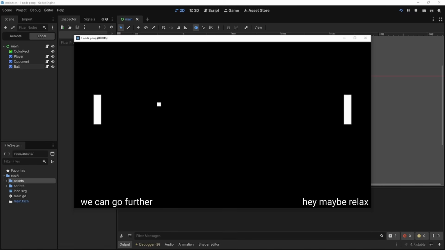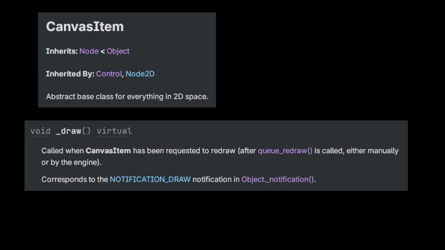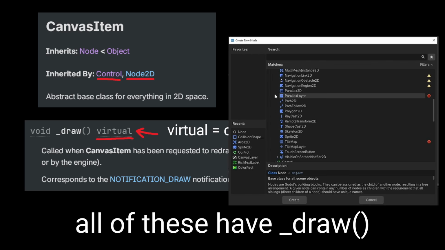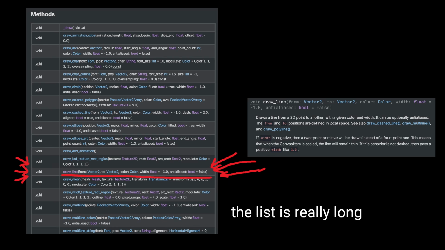It still feels like too many nodes though. If only there was some way to draw images without using sprites. So, in the canvas item class, there's a function called draw that can be overridden to draw on your screen. Canvas item is inherited by both control and node 2D, which means that any UI node or 2D node has this function. There's a collection of functions you can use to draw shapes, and we're going to be using drawLine,